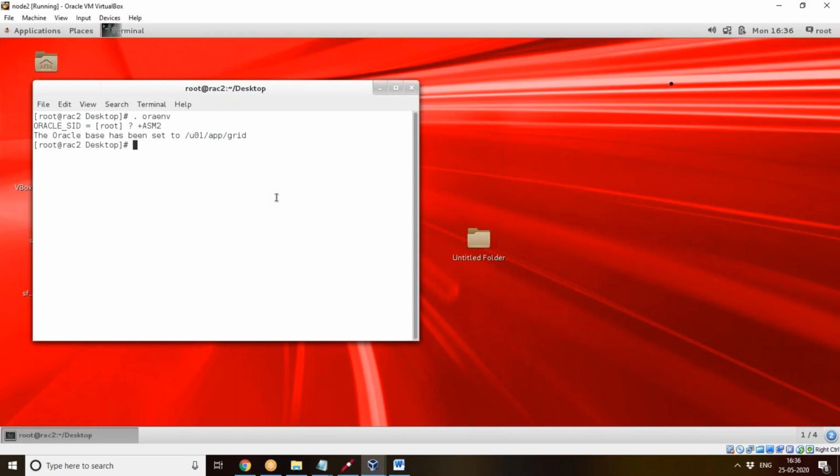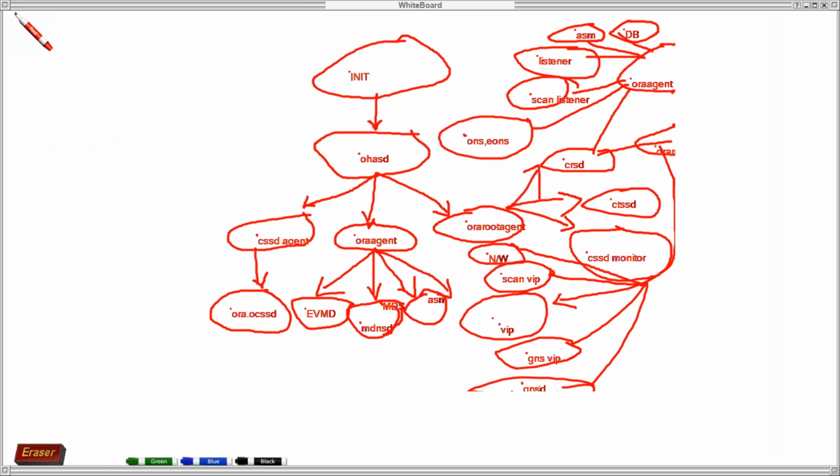Through the ASM instance only all the other nodes can connect, and from the ASM only you can connect to the database instance. In a normal database you would directly connect to the database instance, isn't it? Yeah, good question.